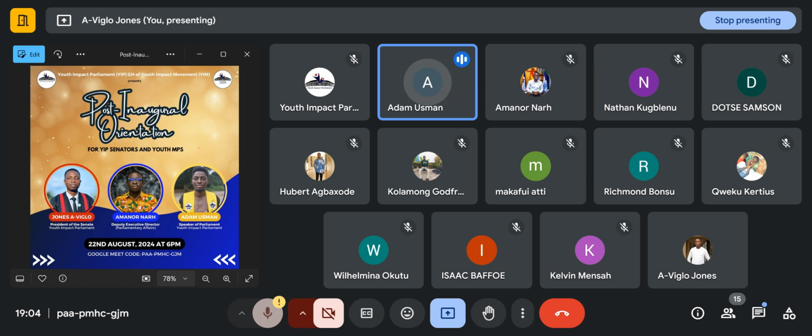Clause 2, serve on parliamentary committees to study and scrutinize specific policy areas. Honorable members, as I said earlier, you will be placed in committees to work and will be assigned tasks so that you do your findings and report to the house. So clause 2 is talking about the parliamentary committee. When you are being placed in those committees, please make sure you work. Make sure you contribute to the